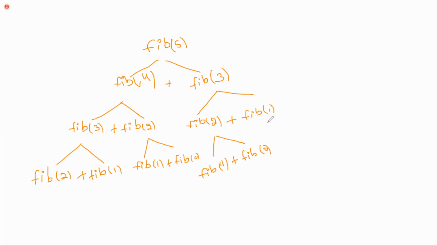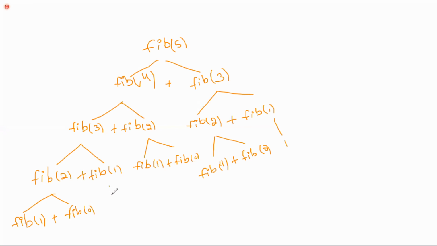So here fab of 1, is n equal to 1 or 0? So 1 is equal to 1. Yes, it is true, which means it will give you 1. Next fab of 2. Again we have to calculate fab of 2. Is 2 equal to 1 or 0? Both the conditions are false, which means fab of 1 plus fab of 0.